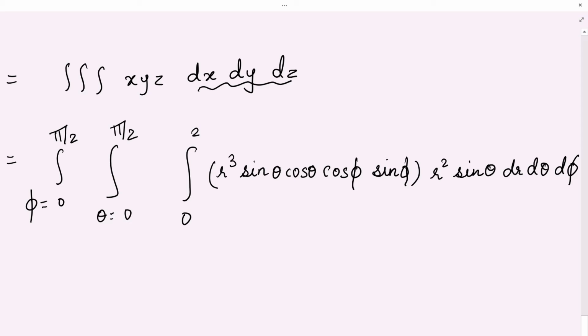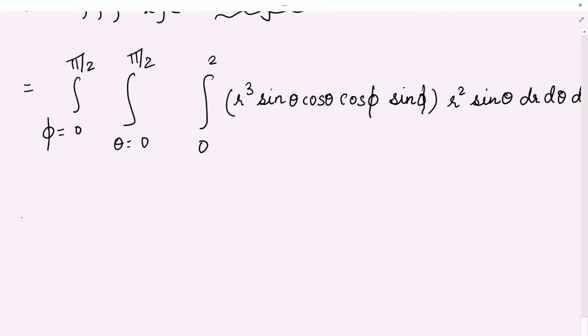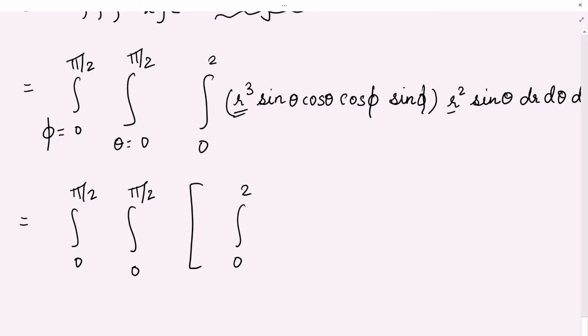The very first thing is, first we will integrate with respect to r, then with theta, and then with phi. Okay, so let us do that. So 0 to pi by 2, 0 to pi by 2, 0 to 2, this r cube and r square become r raised to 5 dr. Rest all terms you can take outside. So this is sine theta, sine square theta you'll have, because one sine and one sine will become sine square, and cos theta,